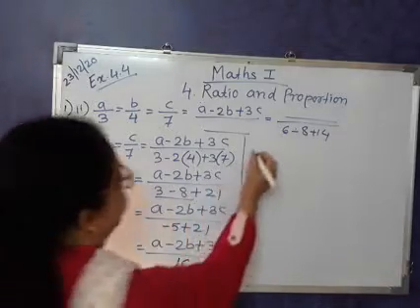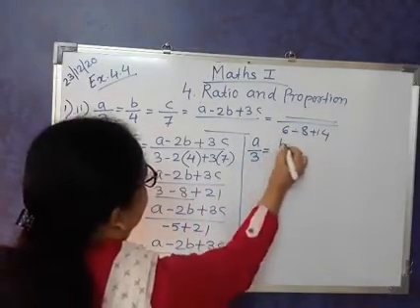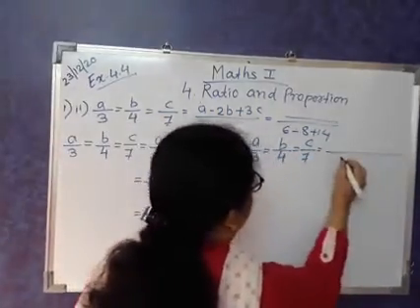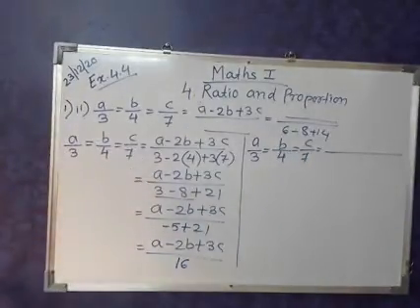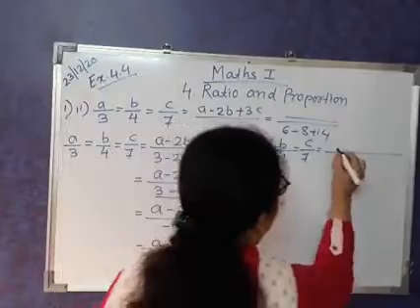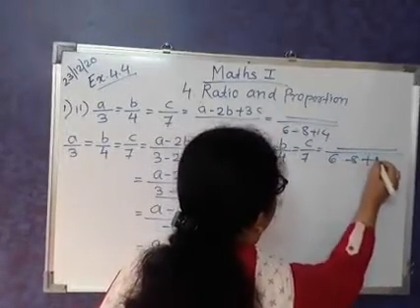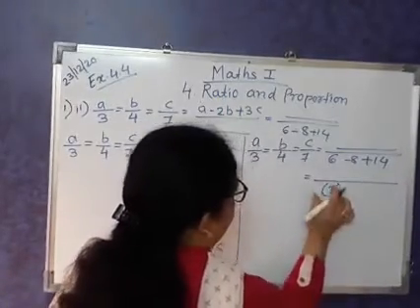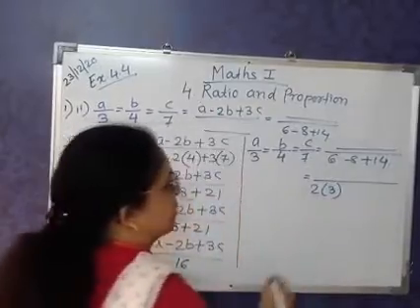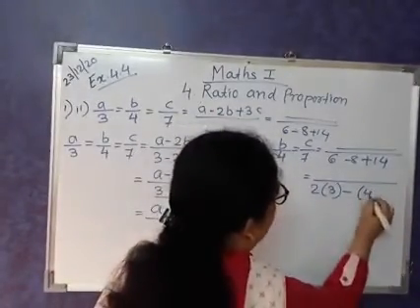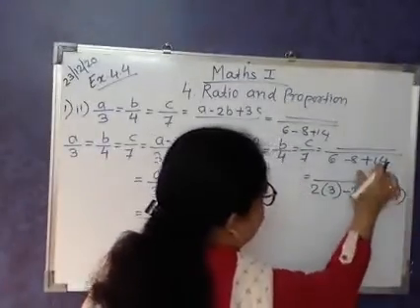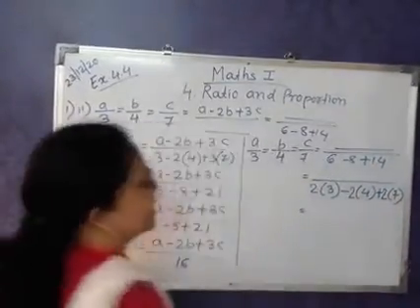Now the second part. a upon 3 is equal to b upon 4 is equal to c upon 7. And in the denominator it's given as 6 minus 8 plus 14. So first I am writing the question. 6 minus 8 plus 14. Okay. So now here 3's value is already there. But how will we get 6? By multiplying it by 2. Now b's denominator is 4, but here it's given as 8. So we are multiplying by 2. Plus c's denominator is 7, but it's given as 14. So we will get it this way.